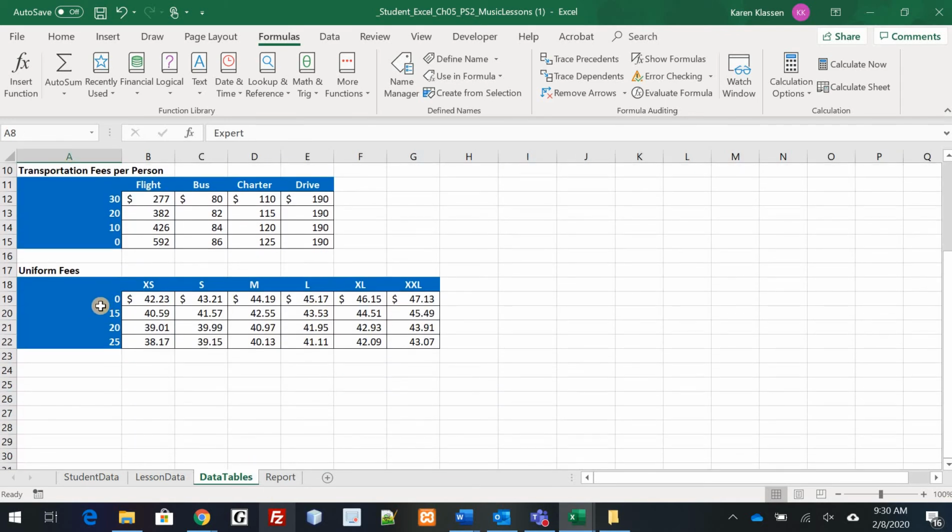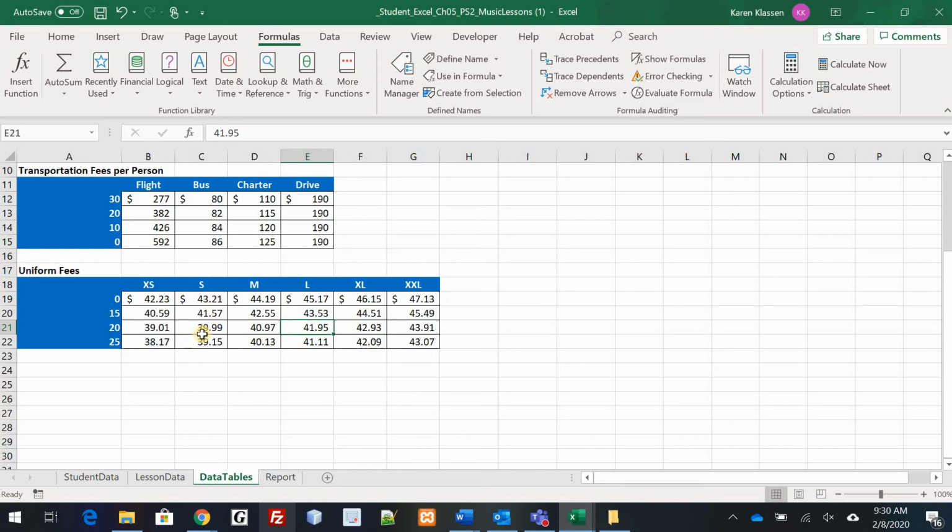So if I have 15 extra smalls, it's $40. If I have 14 extra smalls, it's $42. Okay, so if I have 30 extra larges, then it'd be $41.11. If I have 22, it's $41.95. Okay, so what we're going to do is figure out how many are there and then how many